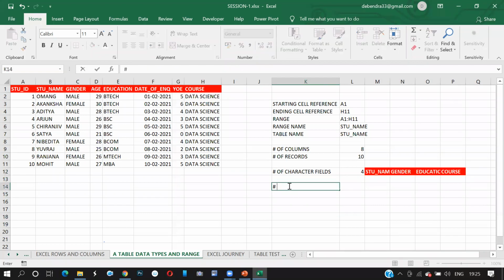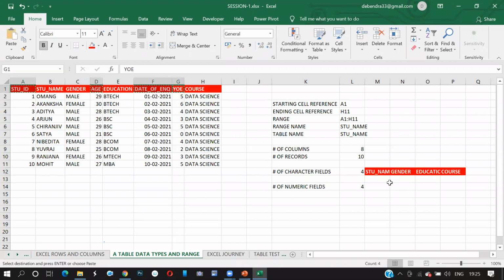Now, the number of numeric fields. How many numeric fields are there, guys? 4. Student ID, age, date of inquiry, year of experience. You might be thinking, why did you consider date of inquiry as a numeric field? Because a date field itself is a numeric field. I'll talk about that. Right?